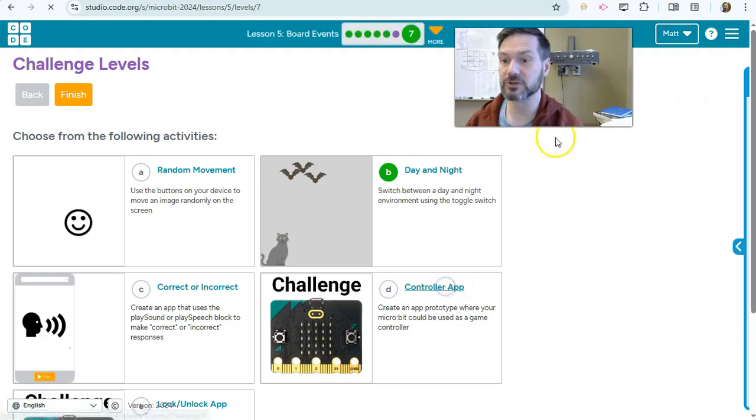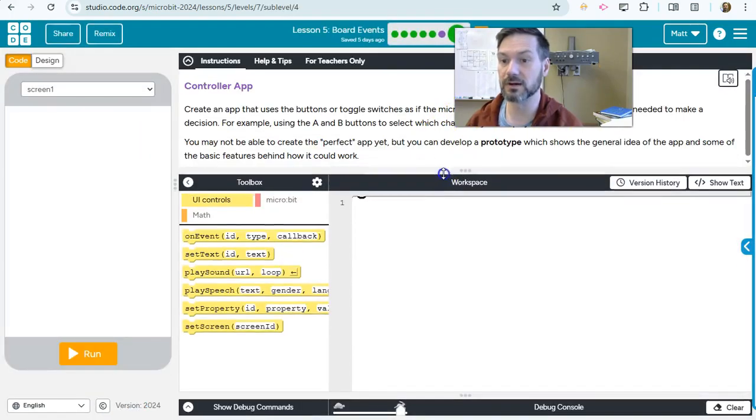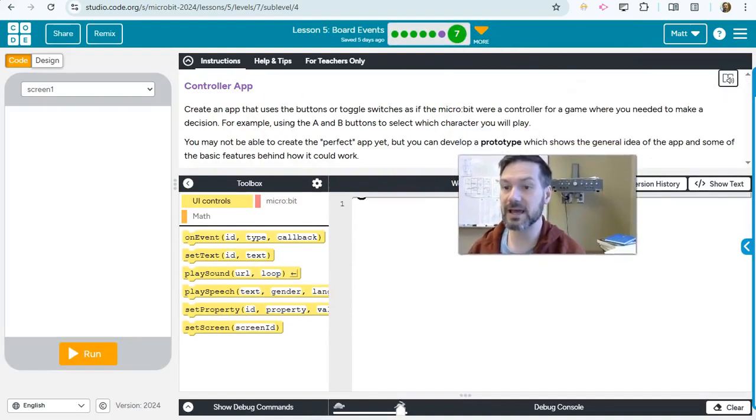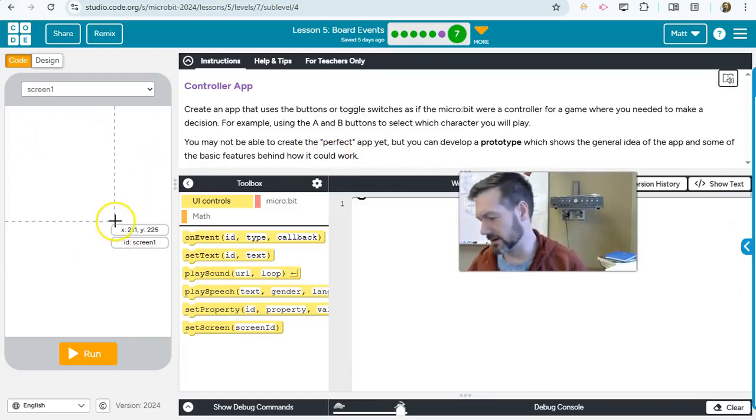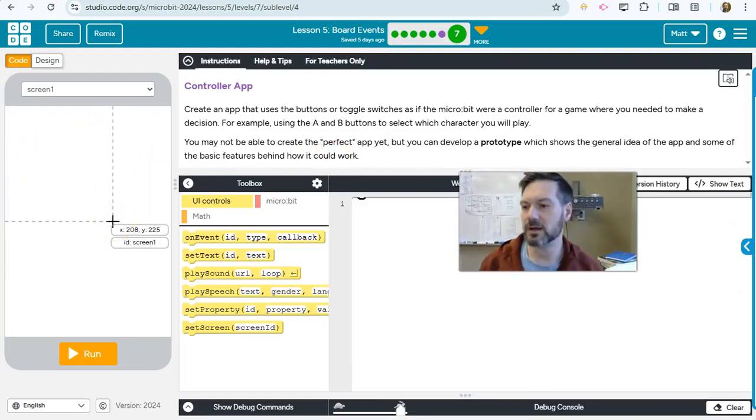And looking at these other challenges, in the controller one, create an app that uses the buttons or toggle switches as if the microbit were a controller for a game. For example, using the A and B buttons to select which character you play. You may not be able to create a perfect app yet, so this is going to be the prototype. So you'd create a screen that says, hey, welcome to Mr. Matt's awesome